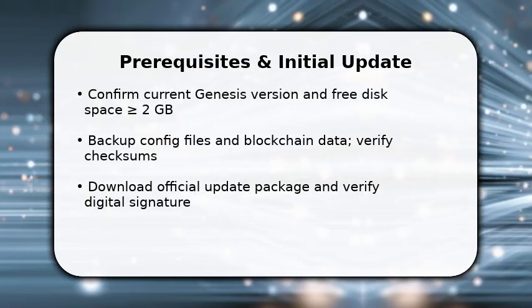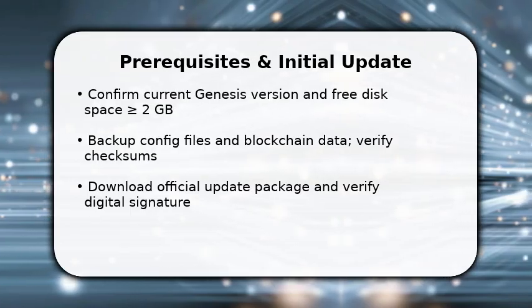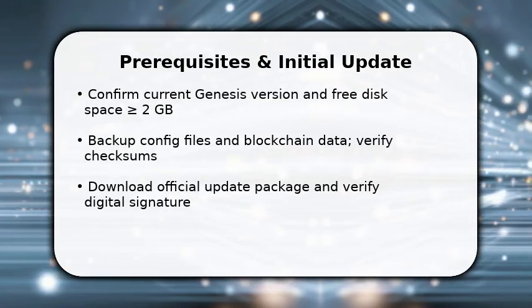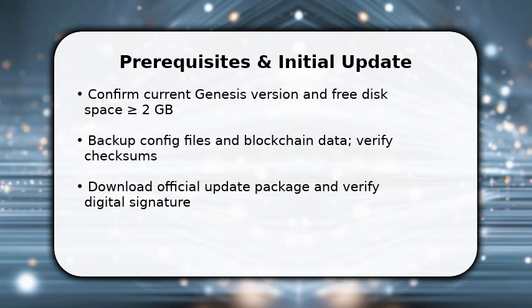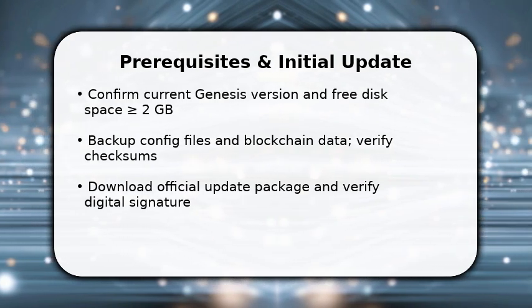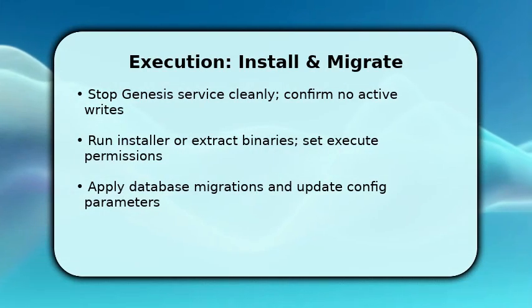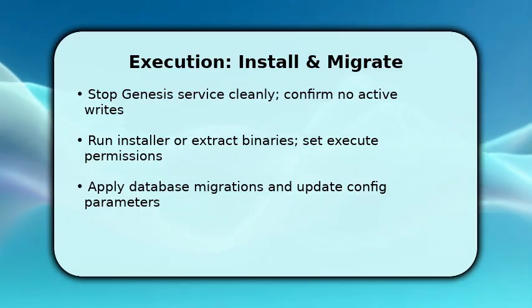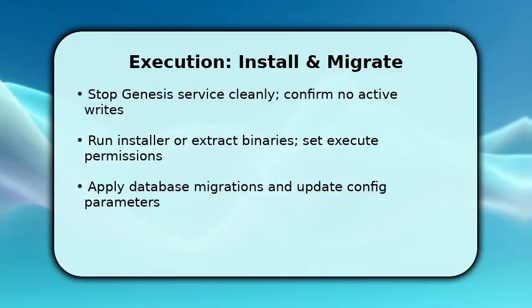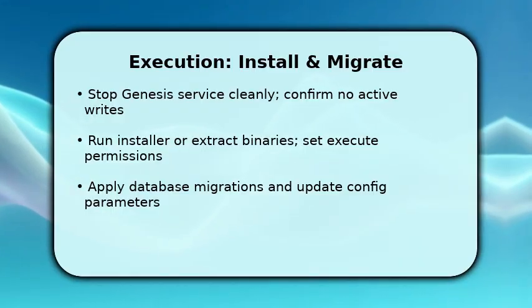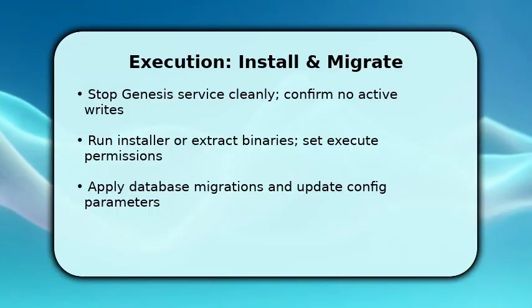While you download, prepare the node for maintenance mode, so peers disconnect gracefully and logs remain intact for post-update verification. You stop the Genesis service cleanly and confirm no active writes to avoid data corruption. Then, you run the installer or extract the new binaries, set execute permissions, and replace old executables atomically to avoid